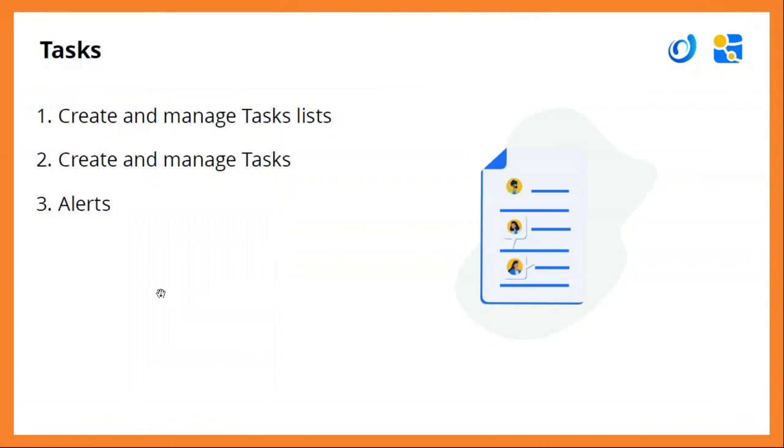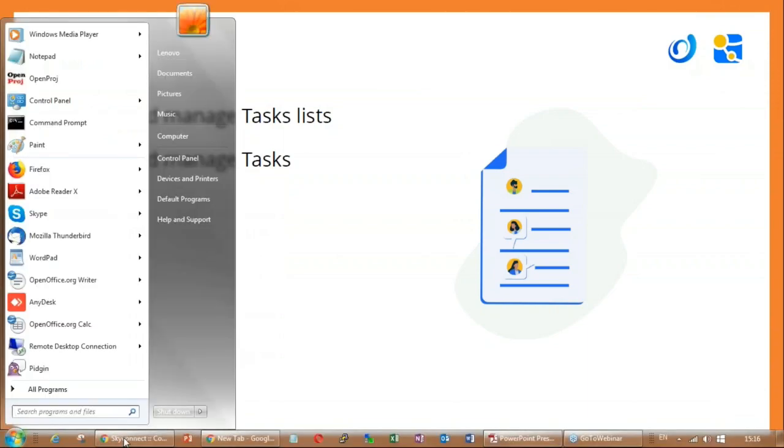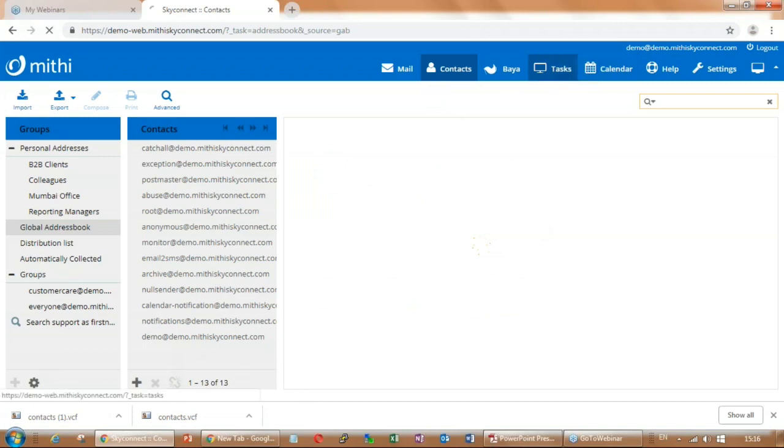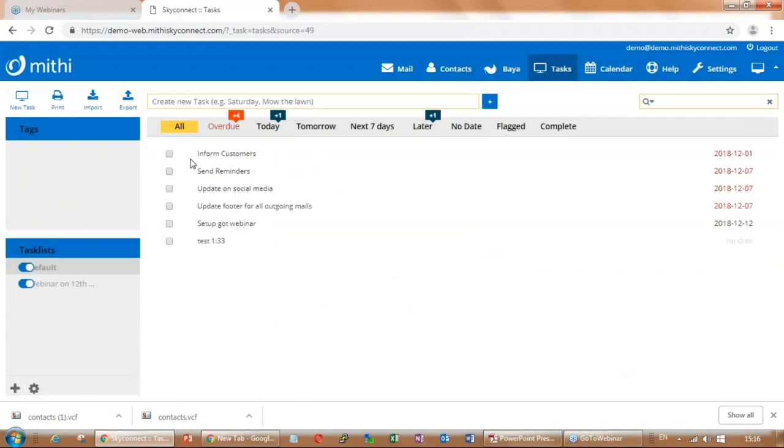Okay, here you will get a link for tasks. You can have a task list, basically a group of tasks, and in that you can have different kinds of task lists.